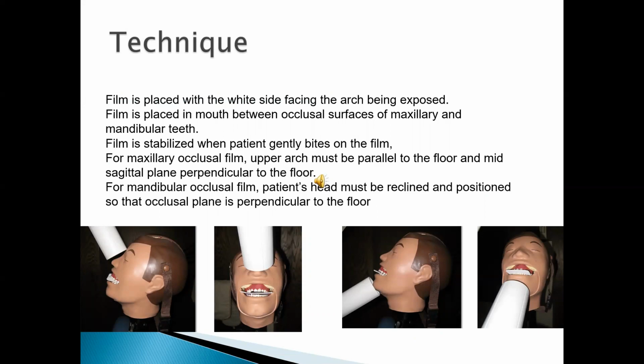For the maxillary occlusal, I think almost all of you have done maxillary incisor radiography. The positioning is very much similar to that, but the angulation will be still higher. Okay? So it can go to 50 to 60 degrees positive angulation. It is much higher for the maxillary occlusal radiograph. For the mandibular, again, it's like placing a cone for a mandibular intraoral, but it can tend to be much lower. So it is similar to the intraoral technique, but the angulations will be more towards the extremes, more positive for maxilla, more negative for mandible.